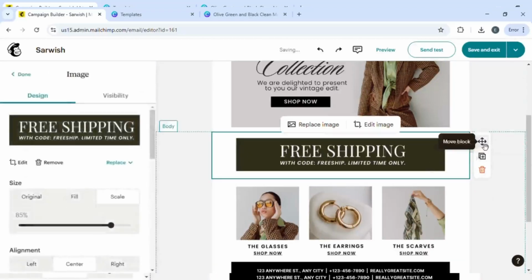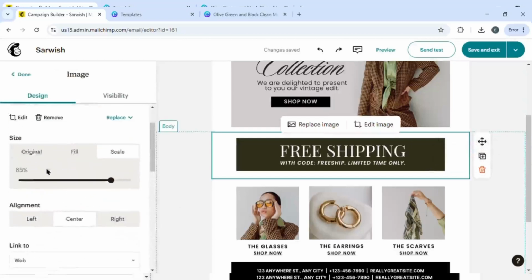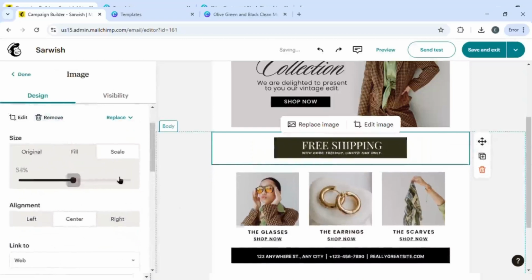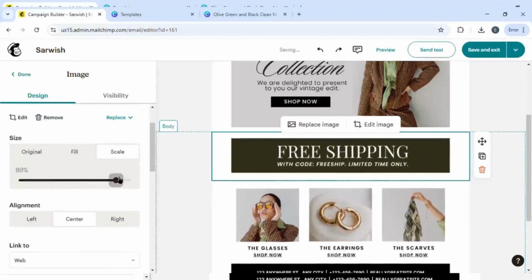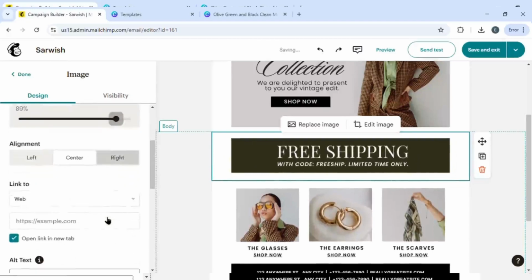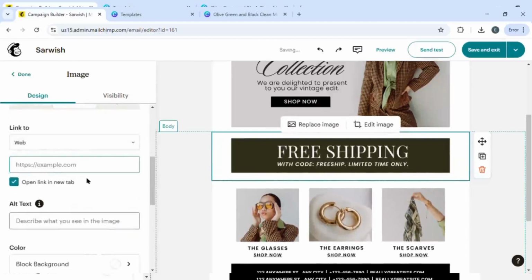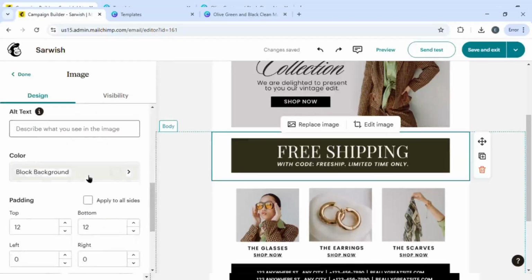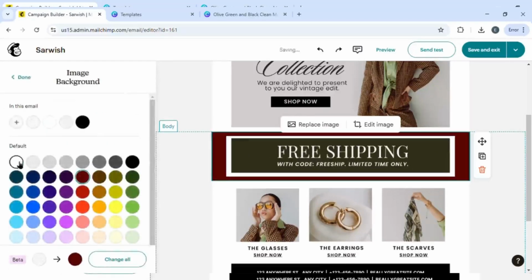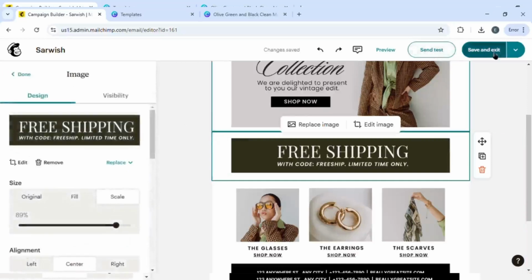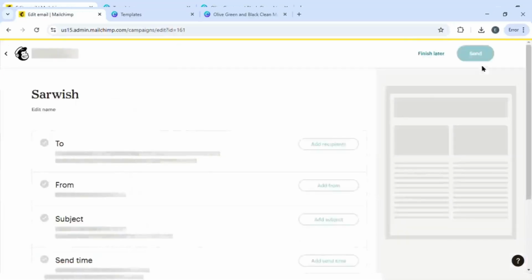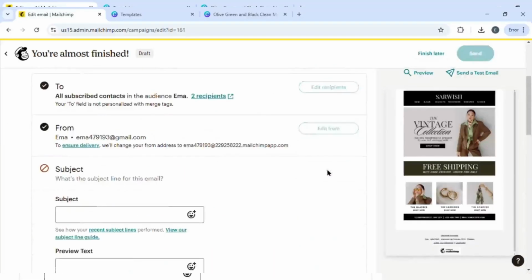And then you can see there is body selection, so you can just change the scale. You can change the alignment you want. Now if you want it to be big, or we'll just make it aligned with the rest like this. Okay, so you can change the alignment. If you want it to be left, center, right, whatever you want. You can also add any link so that whenever someone clicks on this particular image, they'll be sent to another page. Once done, you can just click on save and exit, and here you can see that